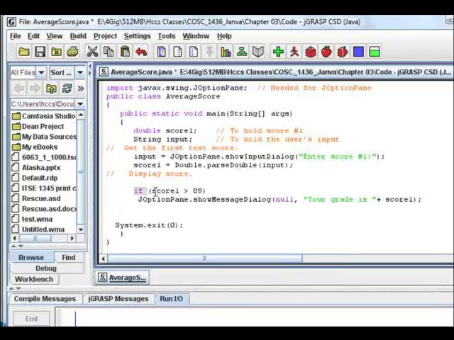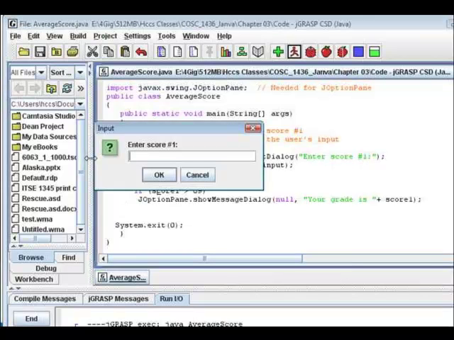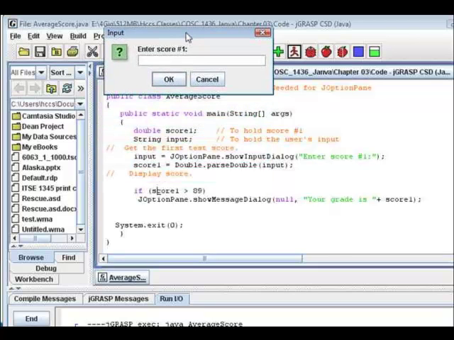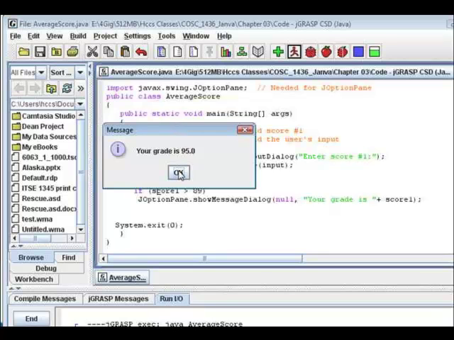Then we're going to say if the score, which is a double data type, is greater than 89, then display this message. Let's run this example. When we run it, the first option comes up right here to enter a score. I'm going to put 95. Click on OK, and the result is graded